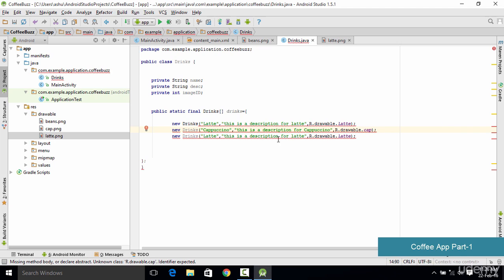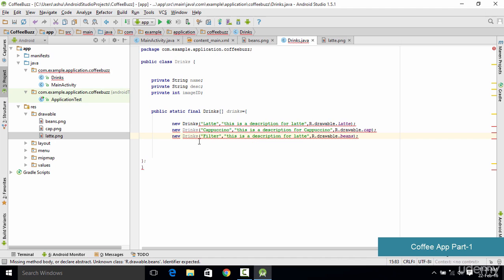And the final one is for a filter coffee. So we are going to replace this latte by filter and replace this by filter as well. Or instead of filter, here we need to mention the image for the filter. So we are going to use this beans image right over here. So we type beans over here, and as you could see, it is showing us an error, and that is